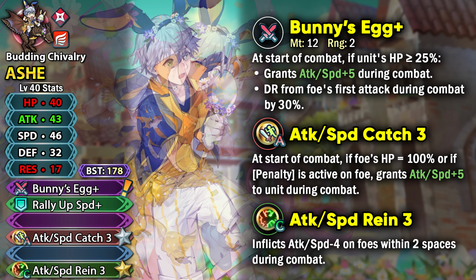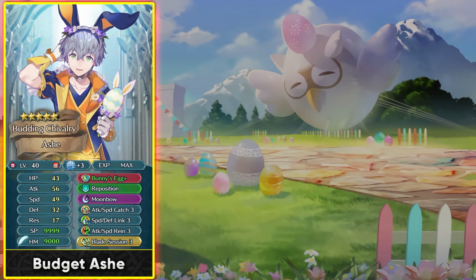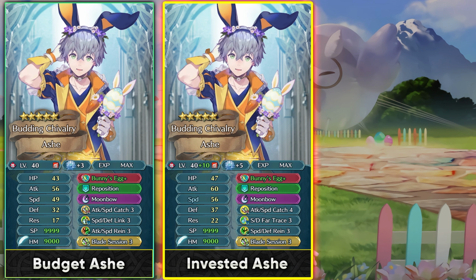But until then, if you want to build him up, then you can just run him with a budget build by using Reposition and Speed Defense Link from a Norn, and you can just run that and get the buffs out of that link skill. But if you're going to be investing a bit more into him, then a Trace skill is definitely going to be pretty nice. And also the tier 4 version of the Catch skill,